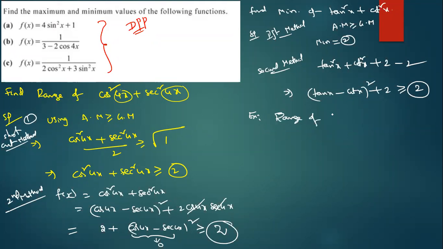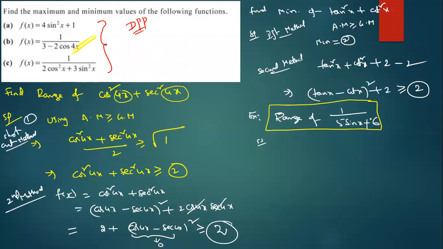Anyone challenge this one? Range of 1 by 5 sin x minus 6. Anyone? Or plus 6, no problem. What is the answer? Solution. How do you proceed? So, dear students, see, I have given in the DPP a second question, and this one, both are same models. This one and this one are same. You can see the approach is same.